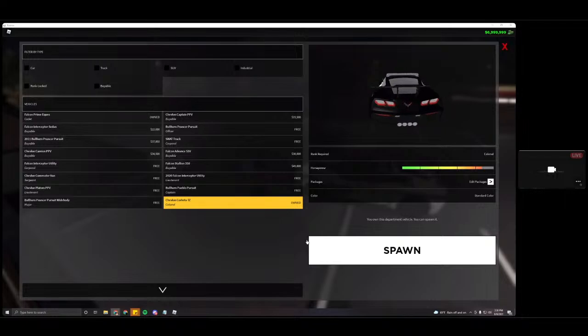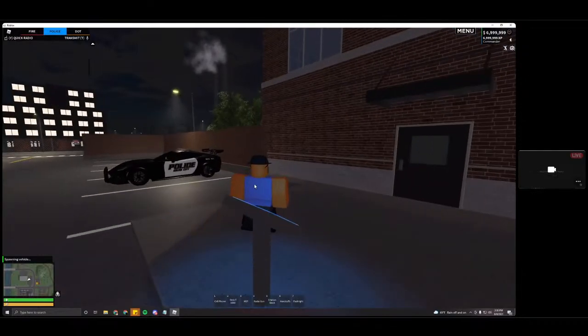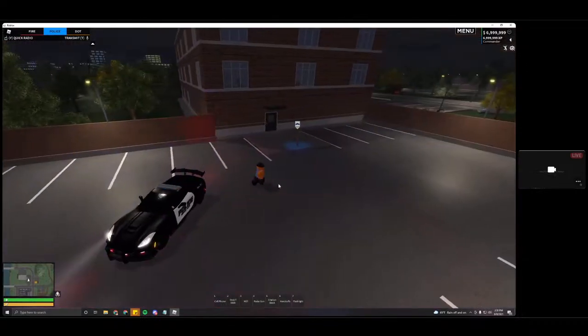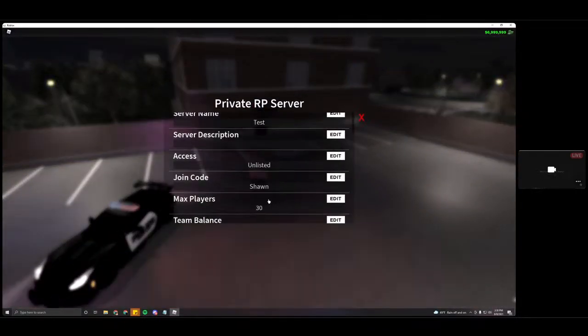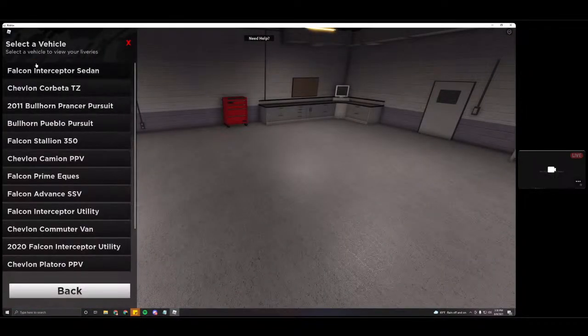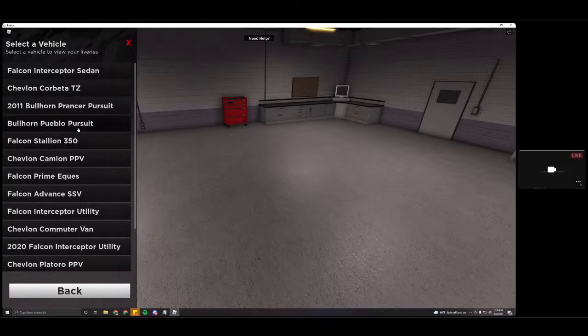So hit confirm, spawn, and once it spawns in, boom, we got a black and white custom livery. So that was pretty much the process. You could go back into the custom livery settings, and I believe on the charger I put a New York State Police style one, so I think that's the